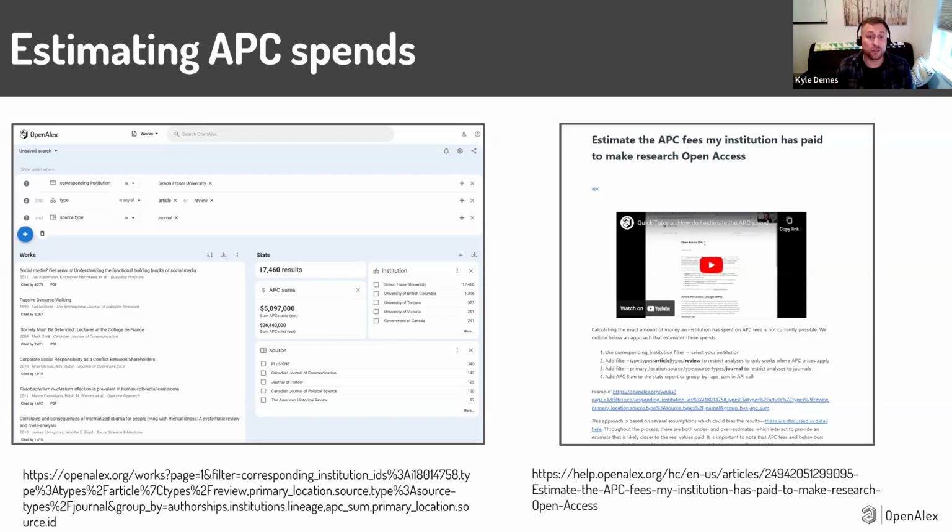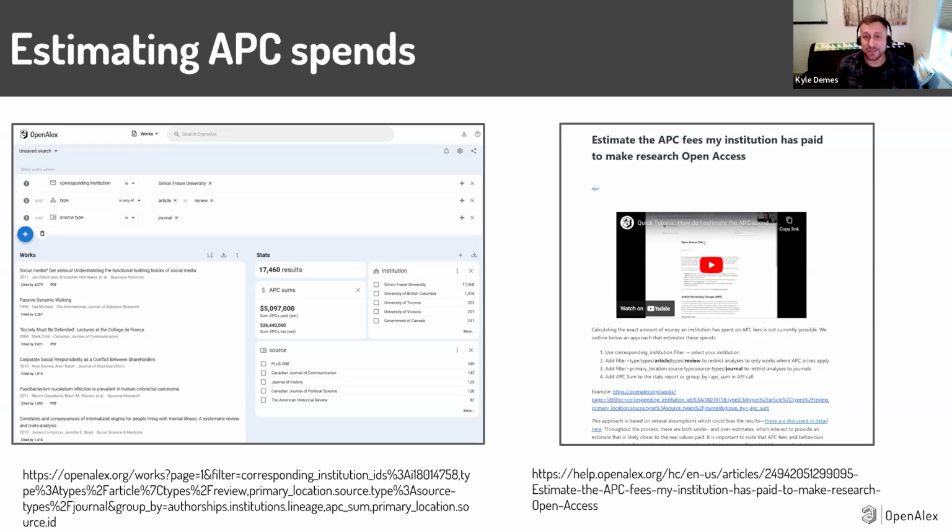So basically show me all the journal articles where Simon Fraser University authors are the corresponding authors, and then sum the APC. And then you can see I've also grouped by which sources this is happening in. If you're interested more specifically in how to do that and some of the caveats of these types of analyses, I did put a link here at the bottom that you're going to be able to follow later, but did want to make sure to say that.